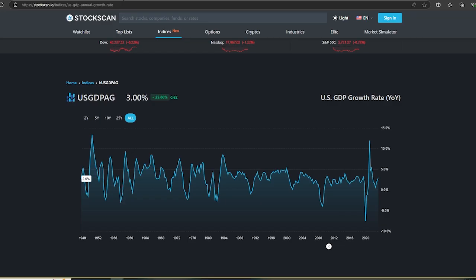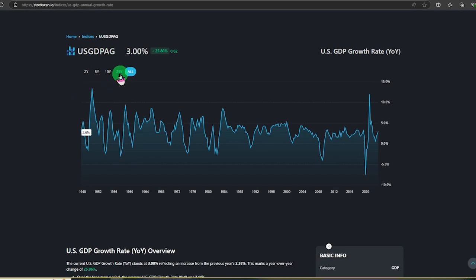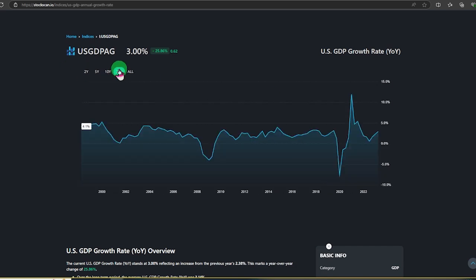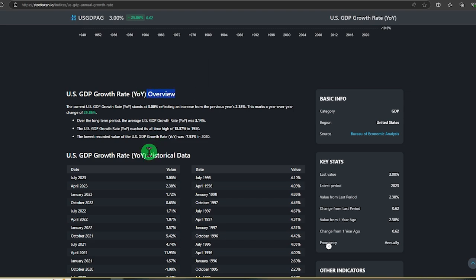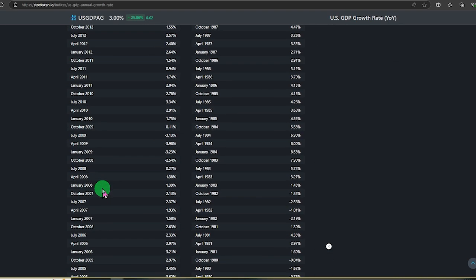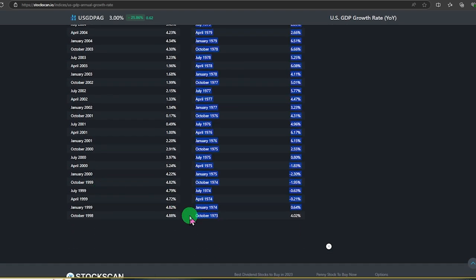The next website is stockscan.io. As you can see here, the US unemployment rate from 1948 to currently, from 2 years ago, 25 years ago, or all. And again, there's an overview and historical data of this, and it goes back all the way up until 1973 in terms of percentages completely